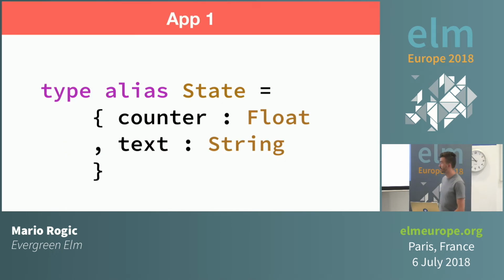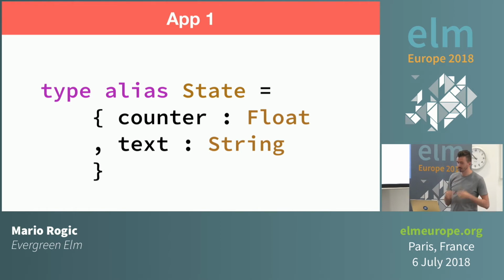Cool. All right, so this is going to be the first app. So here we've written our counter, and of course we've used a float. The profits require precision, and our text is going to be some text, a message that we're going to send out to our users. So let's go over to our app.